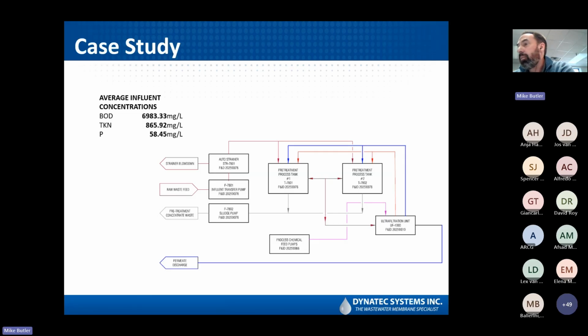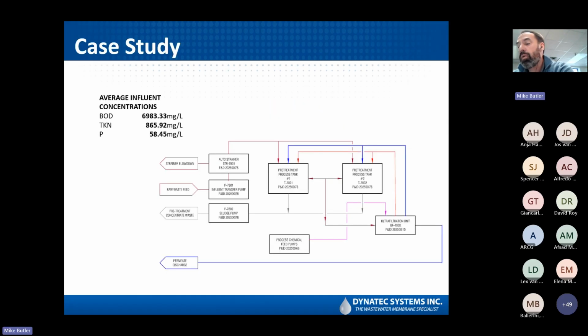There are process tanks. I mean, the core of it is a process tank. In this case, there are two process tanks, which we'll talk about in a few minutes, and an ultrafilter skid. And the sludge or concentrate that's pulled off of the process tank is sent to a renderer, which eliminates all sludge hauling and sludge disposal costs for this customer.